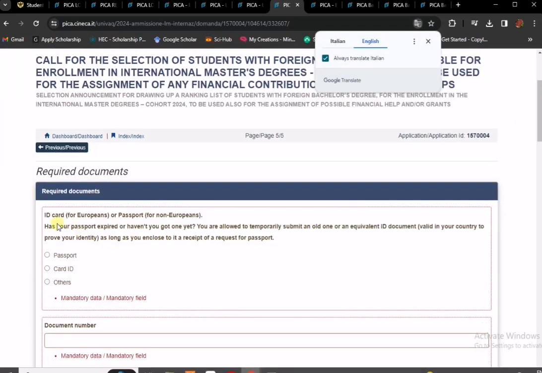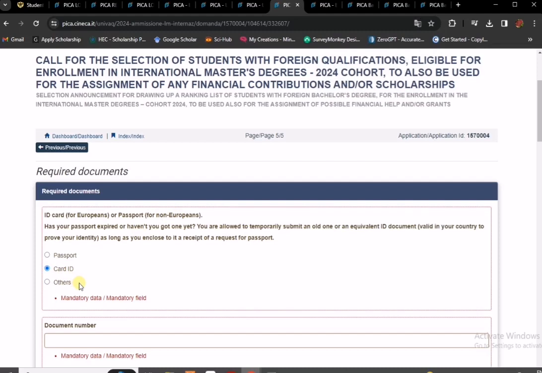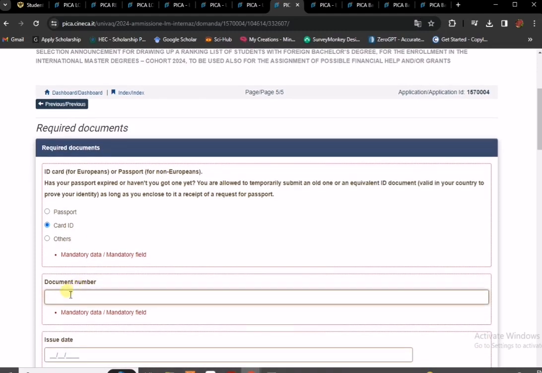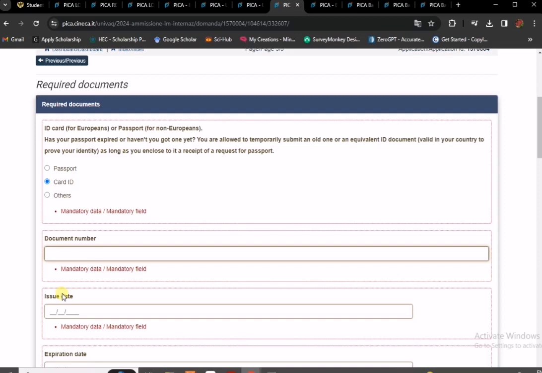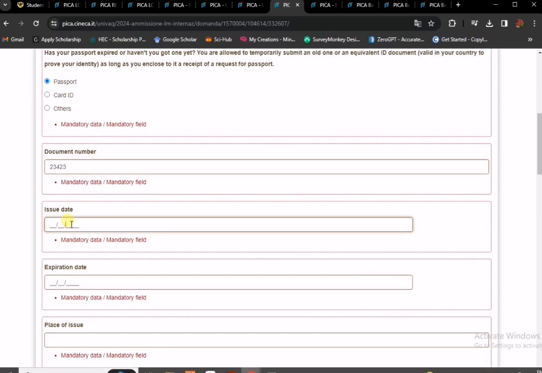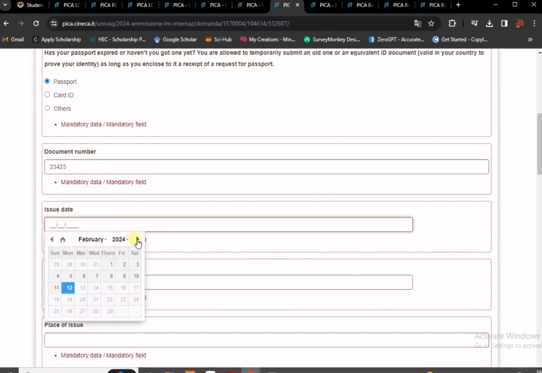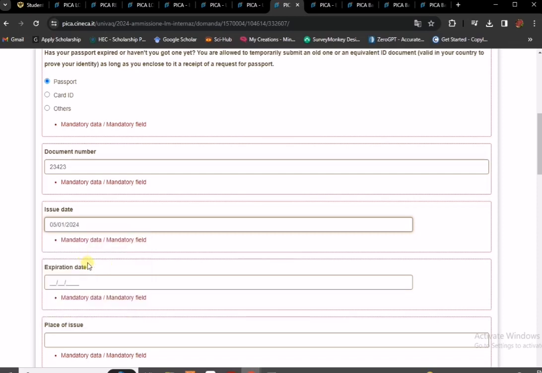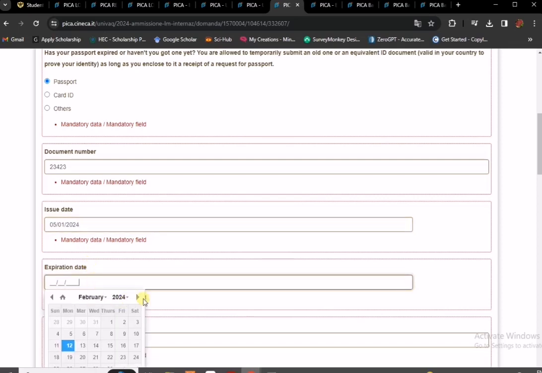Next, what you have to do is ID card for Europeans and passport for non-Europeans. You simply select card ID and the document number. If you have a passport, then you select passport and write your passport number here. Okay, next, issue date of your passport. For example, my issue date of passport is this one. Expiry date of passport is